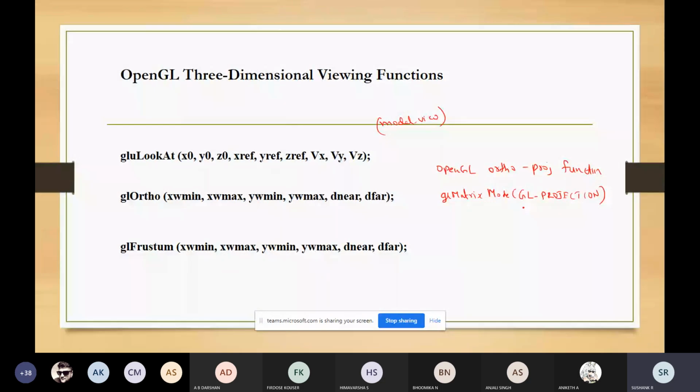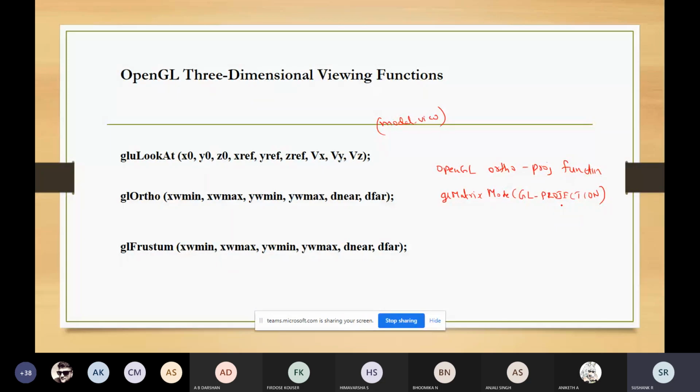Why? Because we are setting the projection transformation matrix. For the OpenGL ortho projection function, we are setting up the projection transformation matrix, so first we want our matrix mode to be GL_PROJECTION. For that we are using the glMatrixMode and GL_PROJECTION statements.